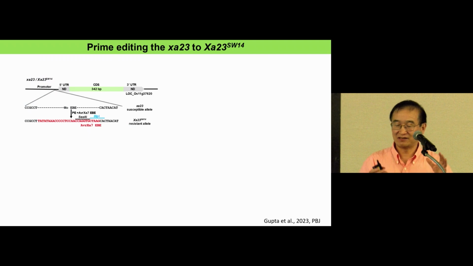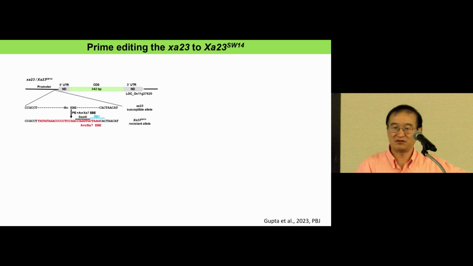So in this case is the XA23, which is a non-functional XA23, which does not contain the corresponding TAL effector, AvrXa23. In that case, there's AvrXa7 and PthXo3, which are major TAL effectors and can target the SWEET11 or SWEET14 promoter element, which contains 30 nucleotides. If we can put that 30 nucleotides in front of the non-functional XA23, then the XA23 should be functional,